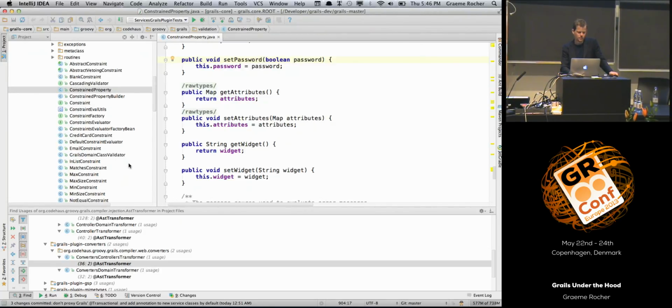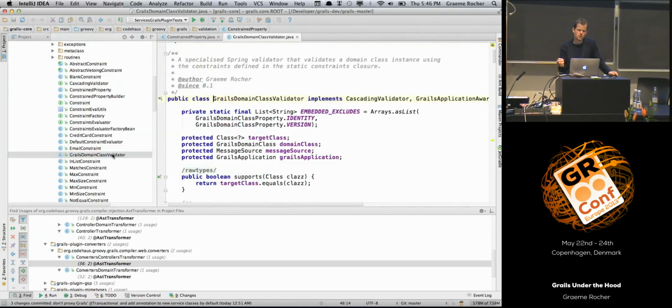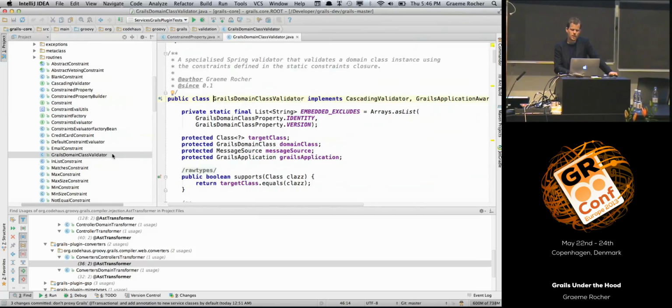In terms of the actual validation routine, when you call the validate method on a domain class, what actually happens is each domain class or command object has what's known as a GrailsDomainClassValidator, and this guy implements